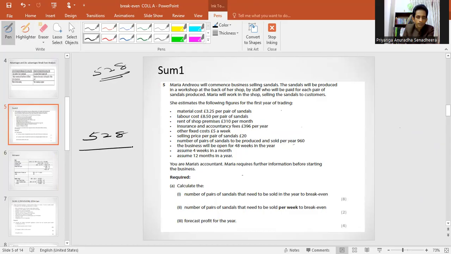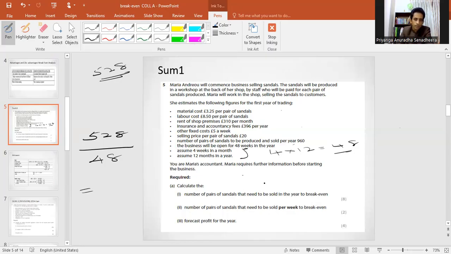So they're asking it for 1 week. So according to the question, for a year, we have how many weeks? 4 into 12, 48 weeks. So this is for 1 year. Therefore, this should be divided by 48. Then you get the break even